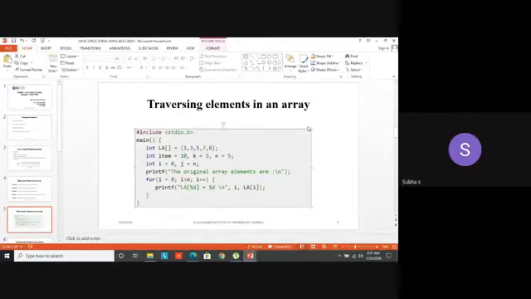LA of just open and close square bracket is equal to, I have initialized the elements here. It's not compulsory to initialize the elements. You can get the elements by using a scanf statement: scanf %d ampersand A of I. Like that you can give. But for a simple example, I have initialized them. So assume that your array has 5 elements. Yes.